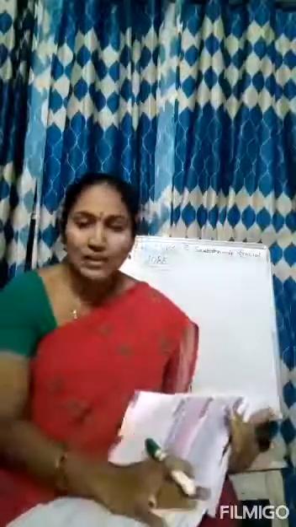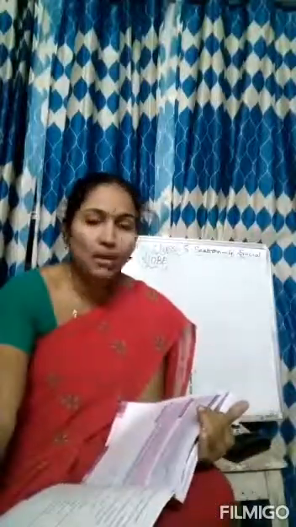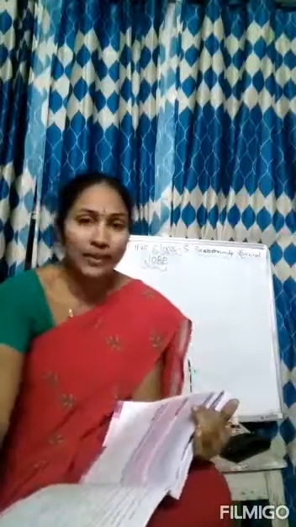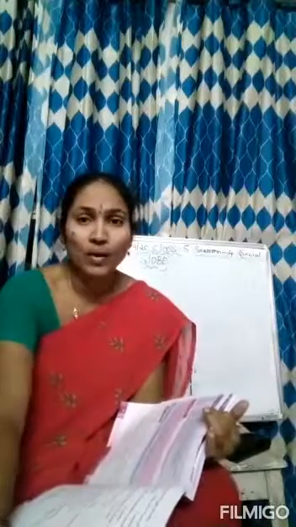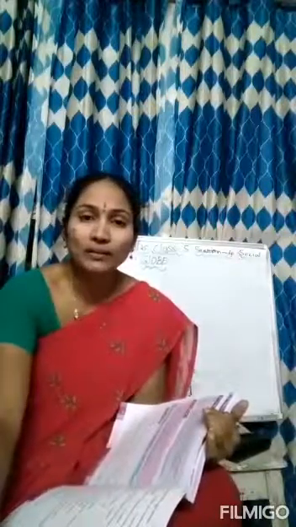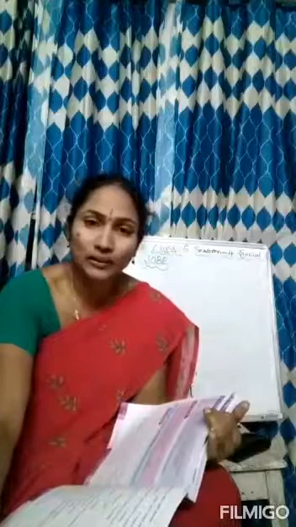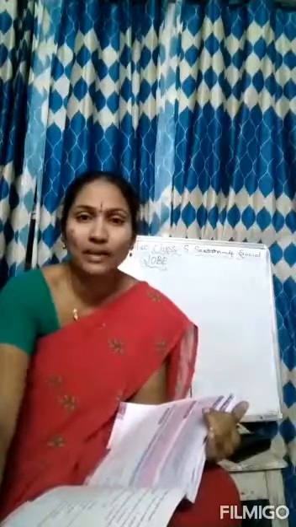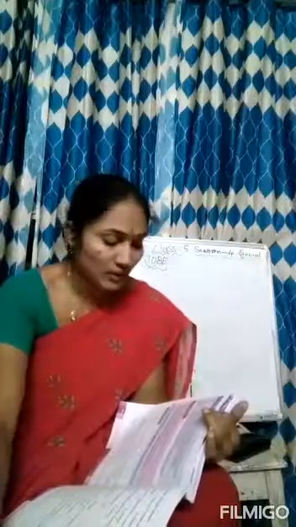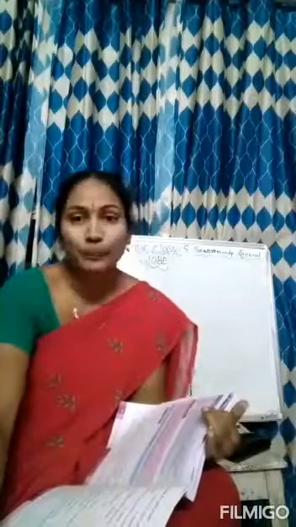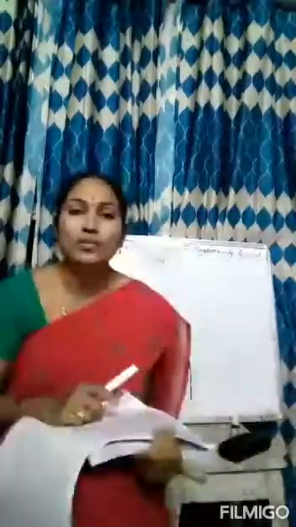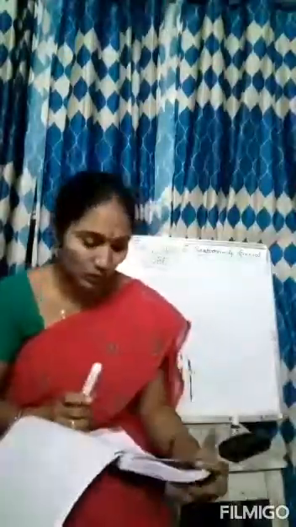By this we have finished the chapter, and we have learned the new words, right? Globe, axis, poles, equator, latitudes, longitudes, grid. This is all we have studied, and I have given you the homework. But how far have you learned? Did you learn or not? Still now, if anyone has not learned, there are 7 words with meanings. These 7 words you have to definitely learn, children. It's very helpful for you in the question answers also.